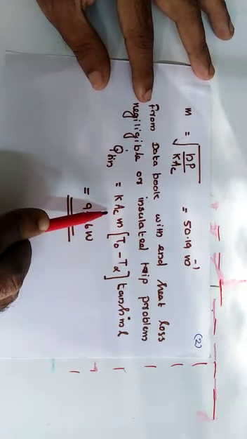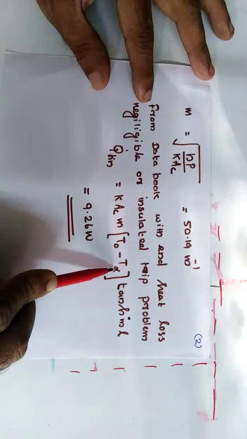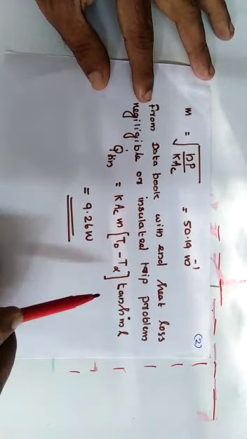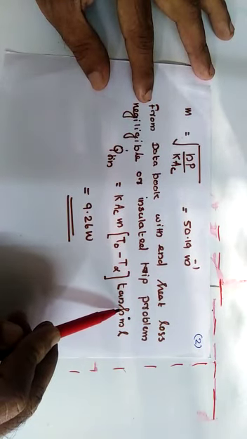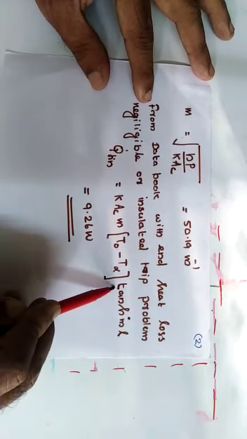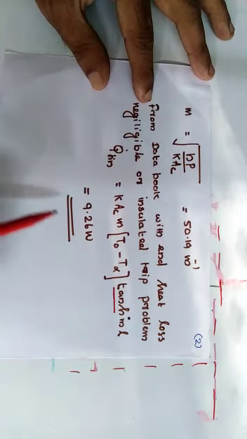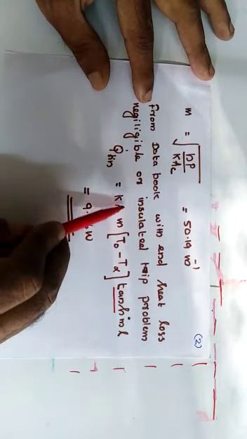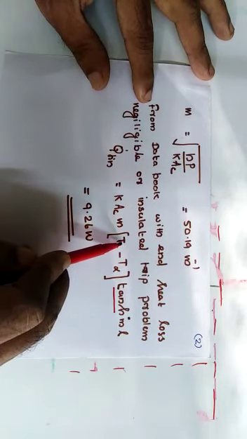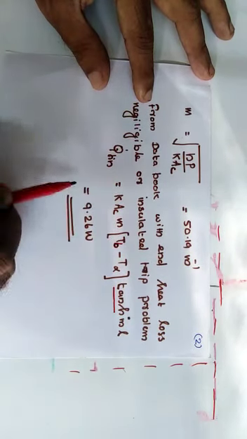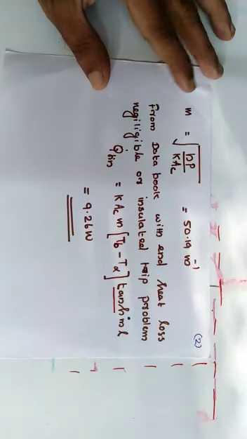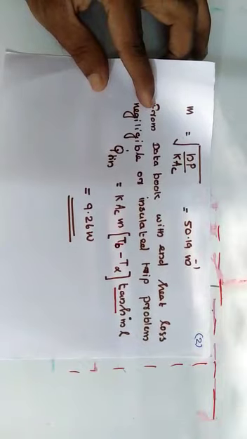The heat transfer rate in the case of an insulated tip is given as Q dot fin equal to k into Ac into m into (T0 minus T infinity) into tanh(mL). This equation is available in the data book. Please note that this h is not the heat transfer coefficient. Tanh stands for the hyperbolic function. So in this expression, all the data are known: k, Ac, m, T0, you can take it as Tb, base temperature, and T infinity. Then the value is equal to 9.26 watts. So it's a straight problem.